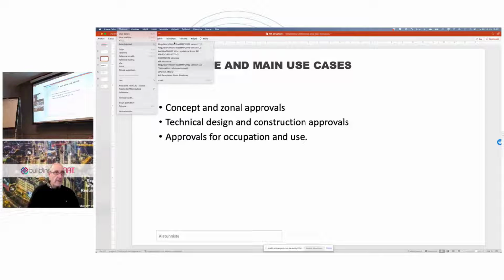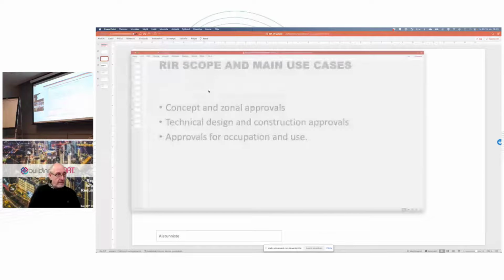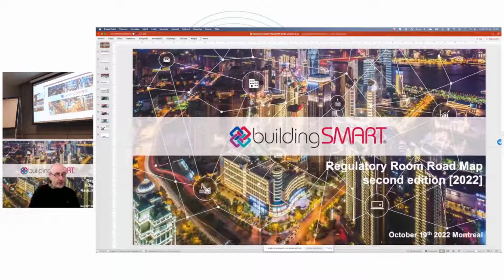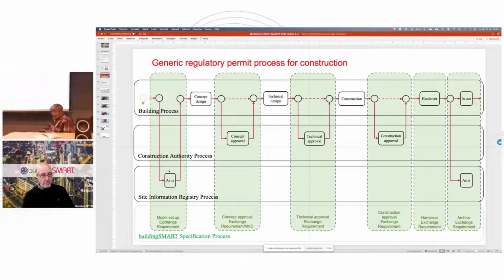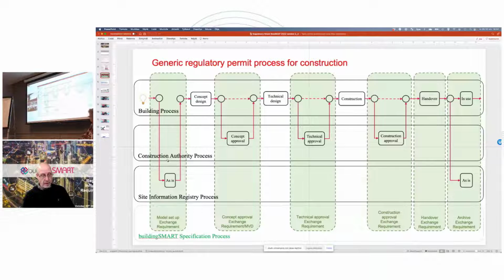Yesterday we were looking at our roadmap, and if you were not attending the sessions yesterday, here are the different phases, and these are from a study that Masaki Muto conducted for regulatory room some years ago, and he found out in this white paper or study that it was identified there are